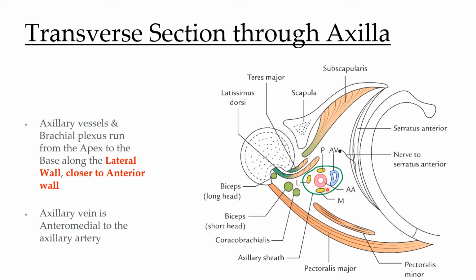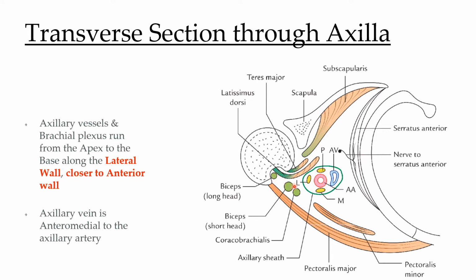Now, the boundaries we can see, this is the medial boundary formed by the rib and the serratus anterior. Posteriorly, we can see scapula with the subscapularis muscle. Laterally, we can see humerus with the intertubercular sulcus with the muscles attached to it. Over the lateral wall, we can see pectoralis major muscle. Over the medial wall, we can see teres major muscle, and in the floor we can see latissimus dorsi. Also, we can see the content of the intertubercular sulcus. This is the tendon of biceps brachii.